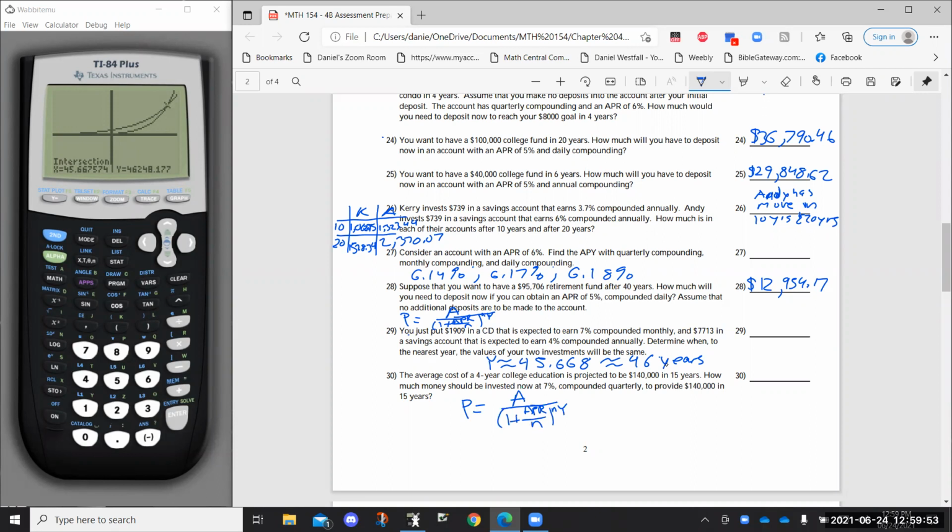And we've got our A here. This is our A. This is our Y. This is going to be our N is 4, right? So we're going to be solving for P here. This is our APR. We didn't recognize that since that's the percentage. And this is going to give us that we need to put in